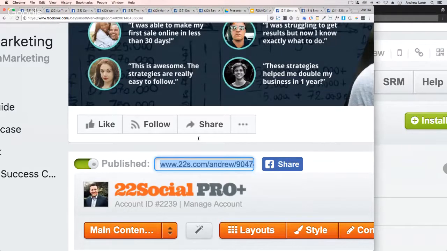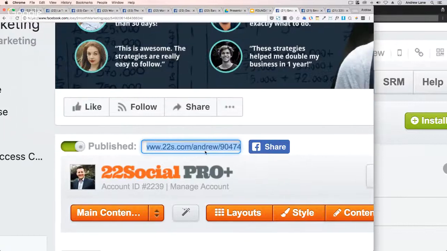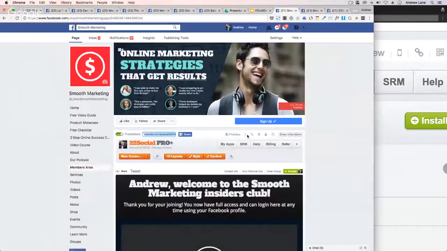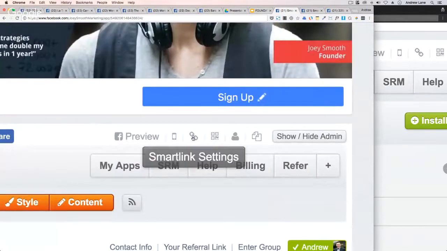If you ever shared those links with your old username, it breaks it. So it's really scary if you're trying to market and promote all your stuff, and then you're like, oh, I don't want Andrew to show. I want it to change. It doesn't. It breaks all the previous links. So that's why if you click on this little thing up here in the right, Smart Link Settings,